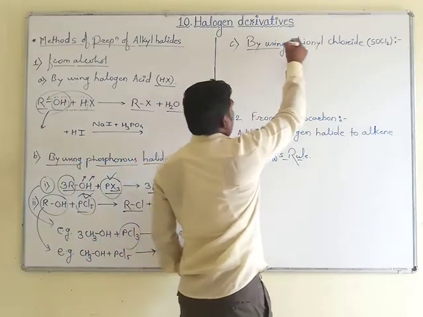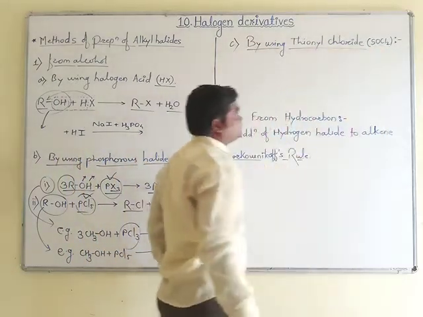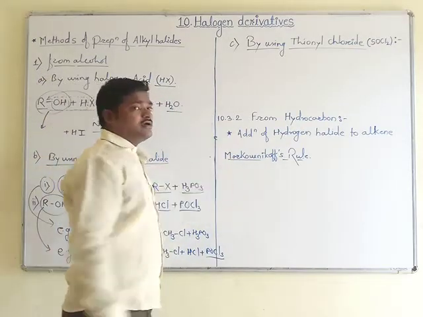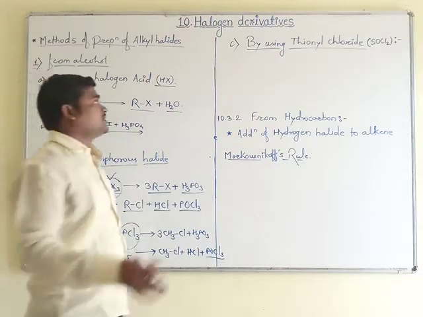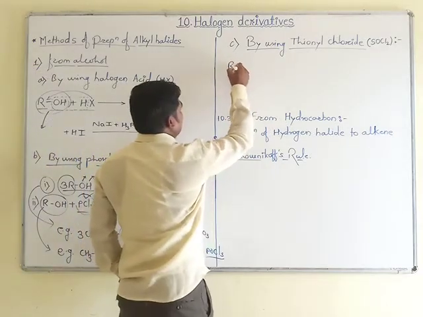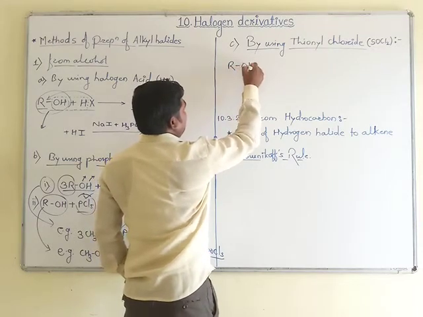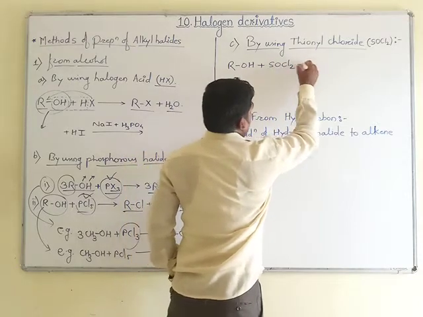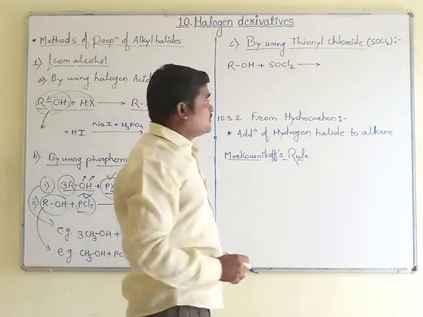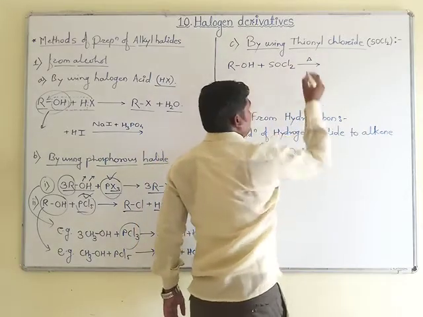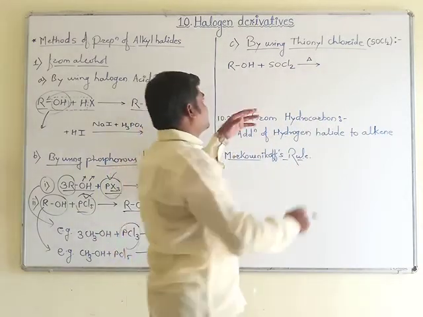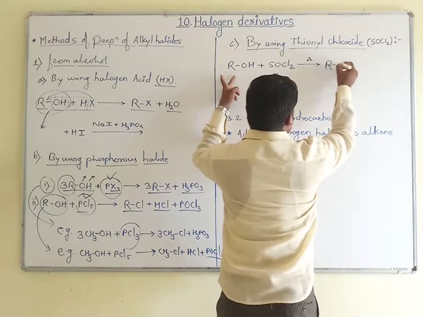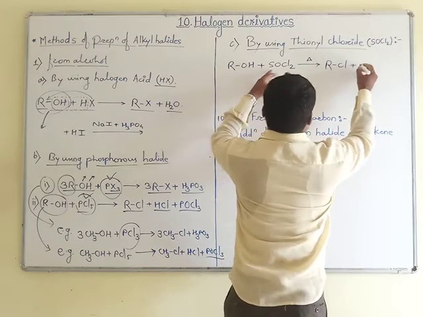And if you look at the third one, by using thionyl chloride. Thionyl chloride, this reagent, reacts with the corresponding alcohols. Here we will write its general reaction first, that is ROH on reaction with SOCl2, that is thionyl chloride. Here in the presence of heat we are getting its corresponding alkyl halide, that is RCl plus SO2